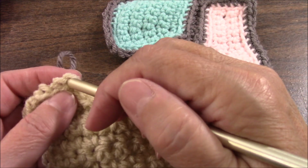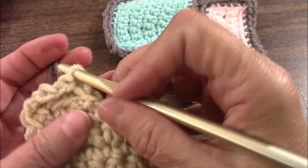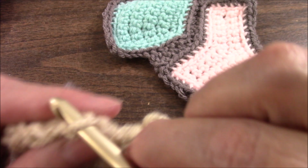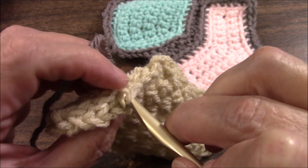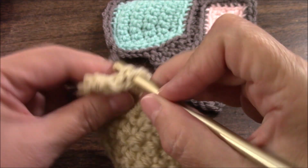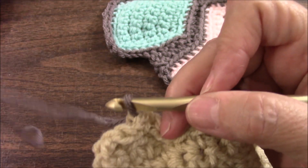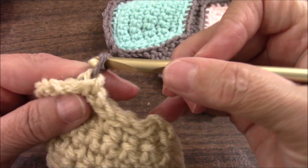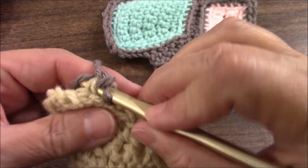I guess I'll show you this. When I'm working in a corner, you know, that's just one strand of yarn. I'm going to be putting a couple single crochets in there. So what I like to do is put my hook in, but I go pick up another bump in the back somewhere. Right there, there's a bump. Bump in the back. Well, let's just go to this one. It just gives it more strength, and it doesn't matter that you did that. And then I just chain 1, and then I do my single crochet, and that's enough for that corner,